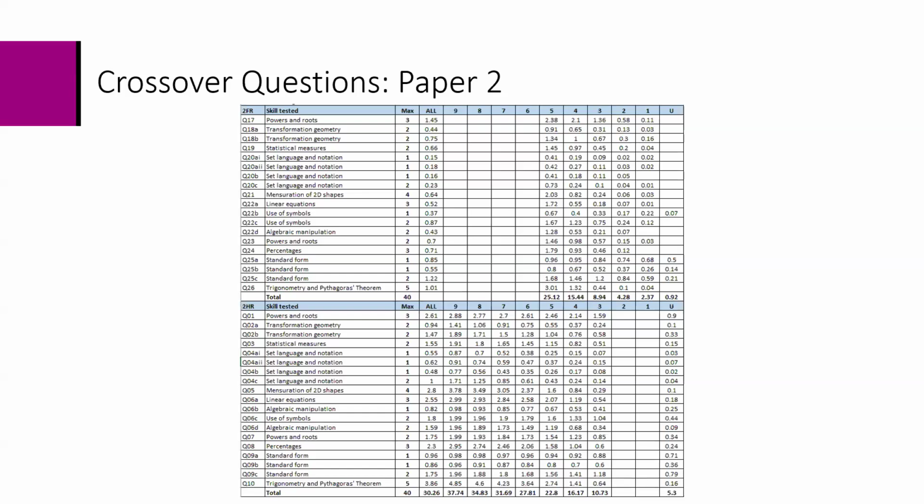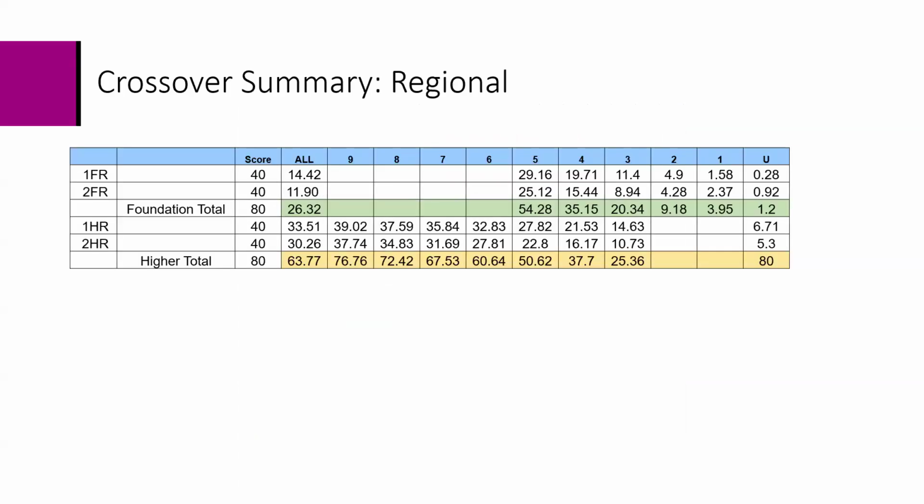So we've got the paper 1s and the paper 2. So this is the paper 2 FR, HR. Okay, let's have a look at the summary because it's a bit more useful. There is something that comes out that's quite interesting. The grade 5 students of the foundation tier scored 25 marks on the crossover questions, 25 marks, 29 marks, 25 marks, 54 marks in total. The higher tier students on those questions scored